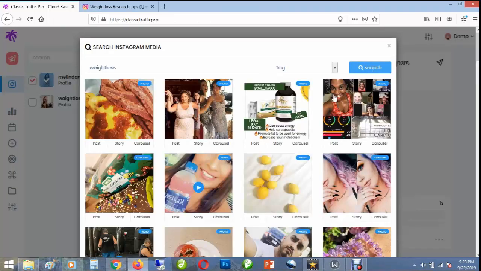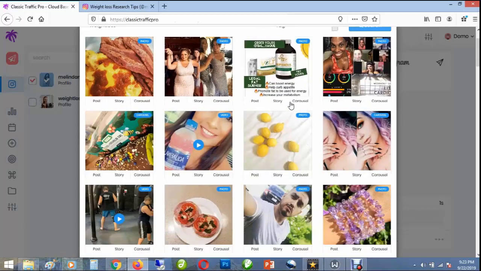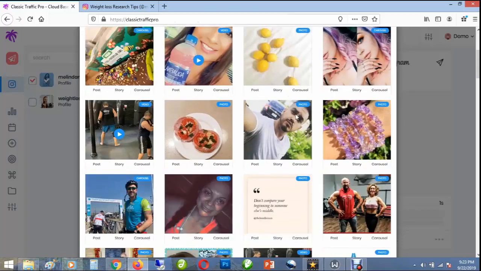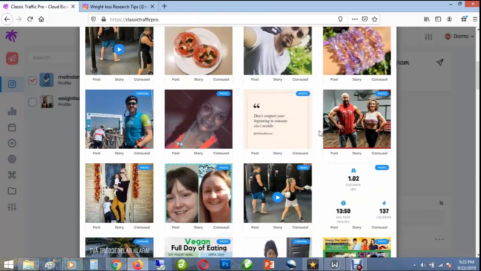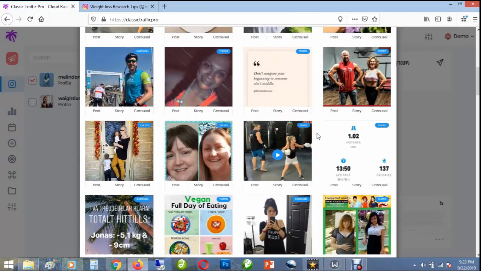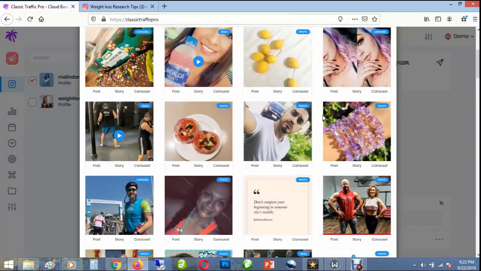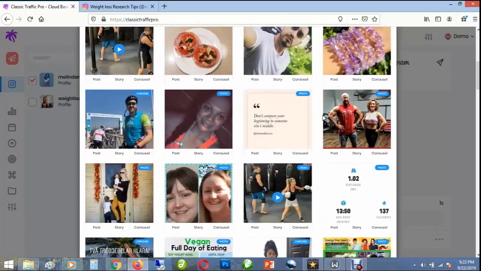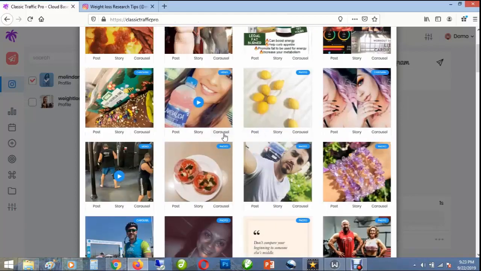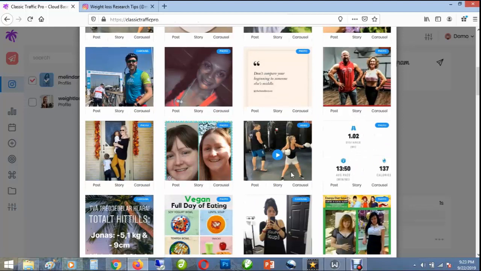So here we go, we have some posts in our results, and then we'll be able to select any of these posts to use to post on our account. So for this demo, I'm going to select a video post. So these are pictures, and then these are video posts. So I'm just going to click on post,